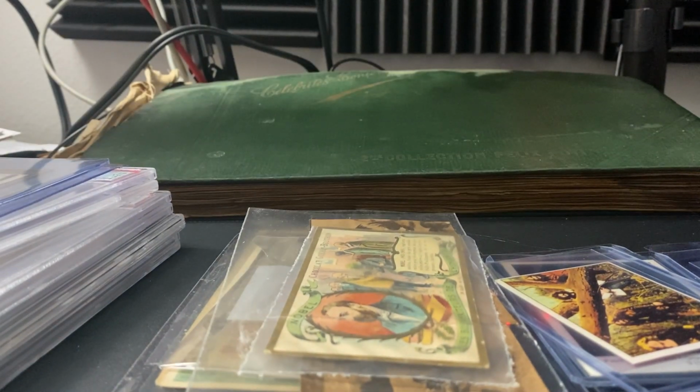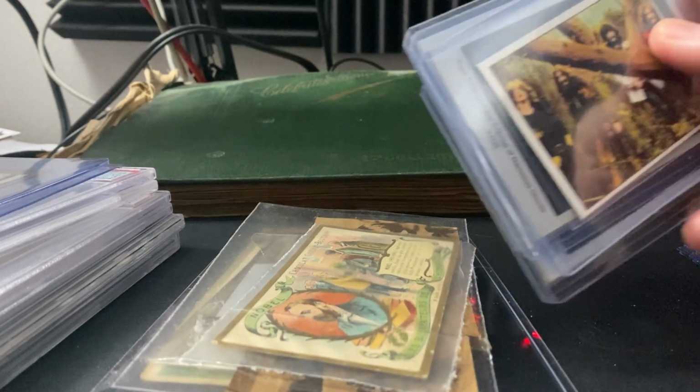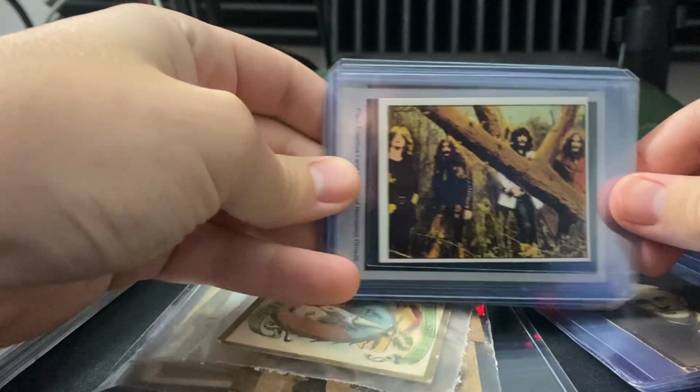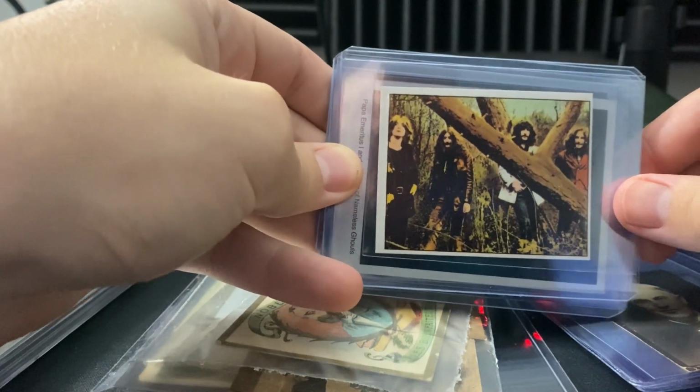All right, so with those out of the way, let's take a look at a few other minor pickups. I will go through these small cards over here first. So these are just some music cards. Up first, we have Black Sabbath. Now, I already have a Black Sabbath in an 8. This one looked wicked sharp, so